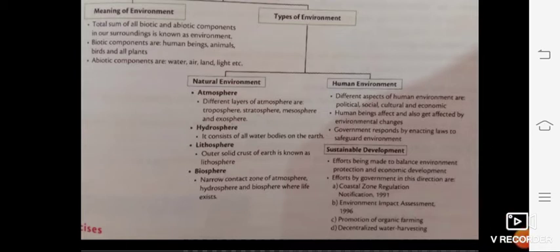Humans dominate the planet Earth and make changes to their surroundings to suit their needs. This is why they form the most important part of the environment. Small populations of primitive people that lived in dense forests and other isolated areas adapted to their environment and lived in harmony with nature. On the other hand, large populations of developing and developed nations bring great changes to their natural environment to suit their needs, thereby causing ecological imbalance.